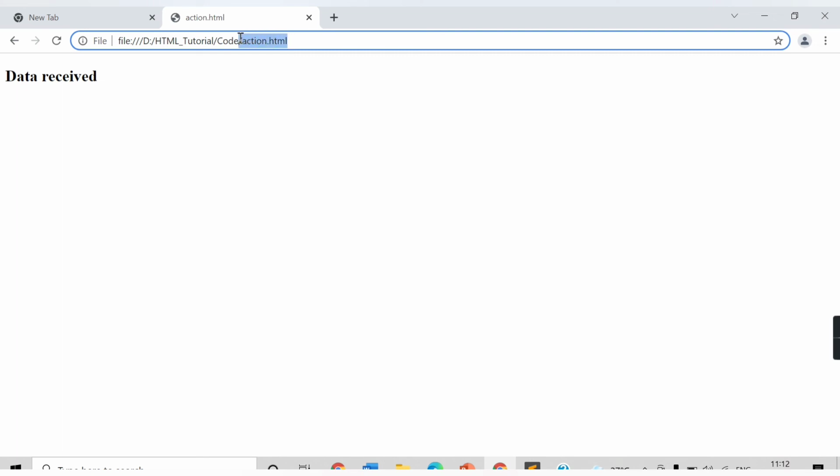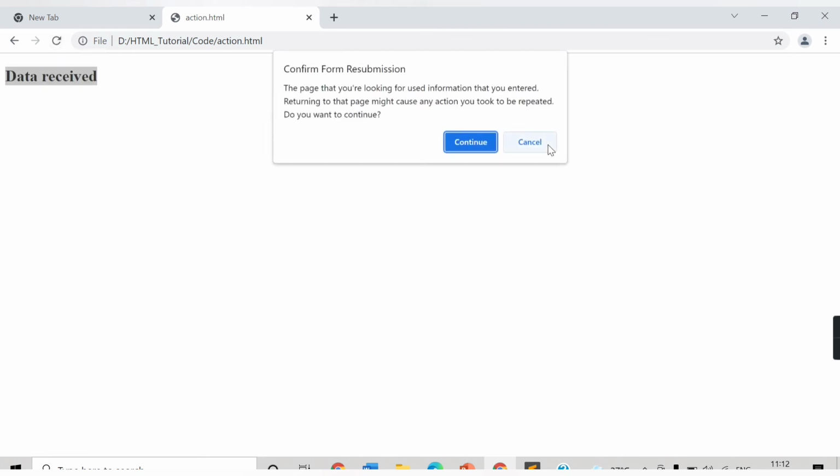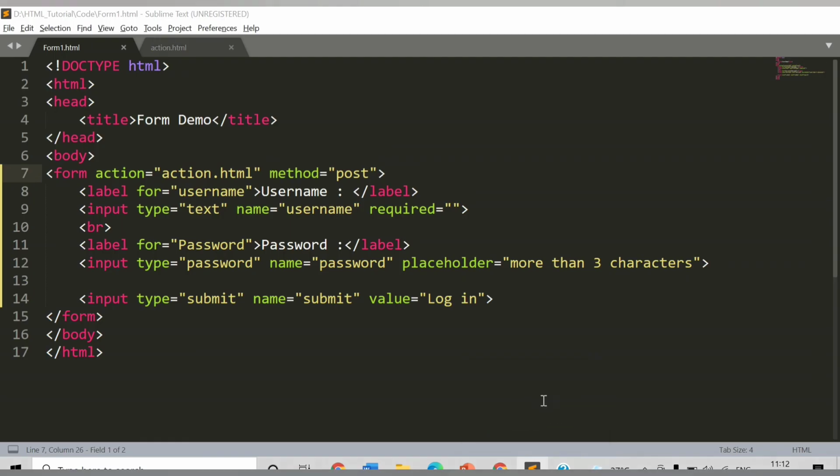Whatever your file location is will also be printed here. If your file is in a different location, you need to provide the full path of that file and you will get the data of that particular file. In our action.html we have printed this message, so we are able to receive it. That is the use of form attributes, and in the form tag these two attributes are necessary, action and method. Method is used to provide how you want to transfer your data from one web page to another page, and action is the web page you want to redirect to from the current web page. That is the use of the action attribute and method attribute. Thank you for watching.